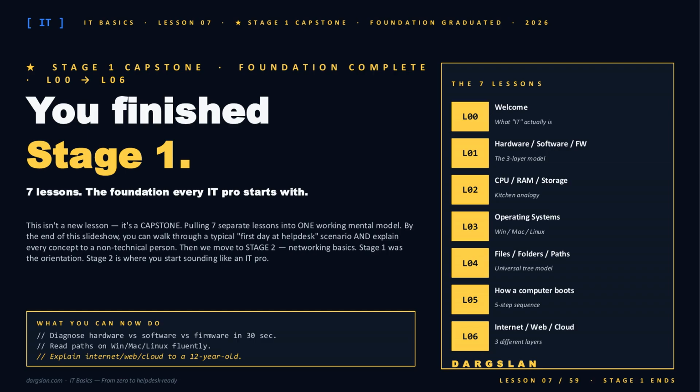All right, pause for a second because you just did something real. You finished stage one, 7 lessons from what IT actually is through hardware and software, the CPU and RAM kitchen, operating systems, file paths, the boot sequence, all the way to the internet and the cloud. This slide isn't teaching you anything new. It's stitching all of that into one working mental model you can actually use on day one at a help